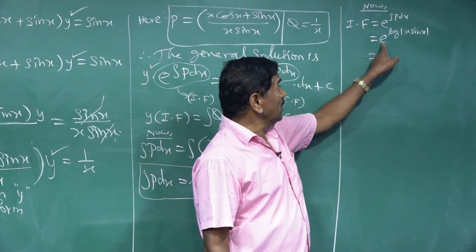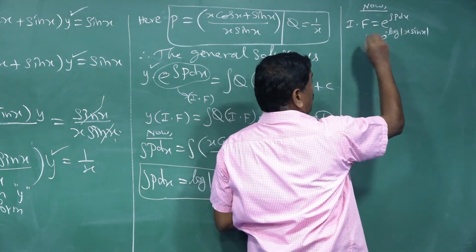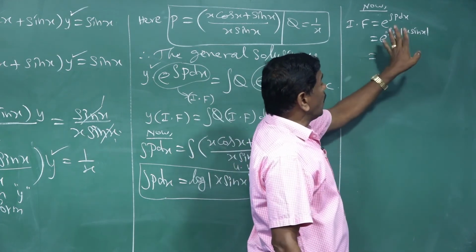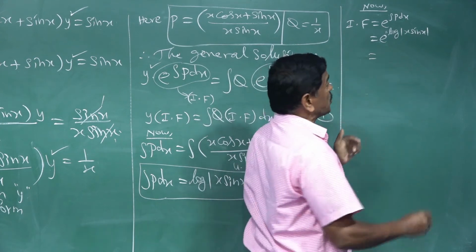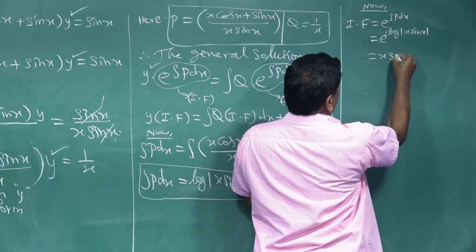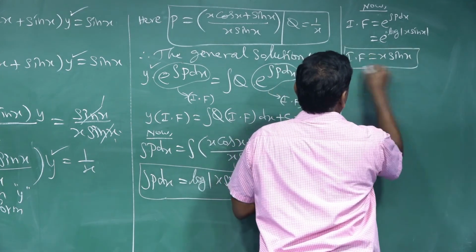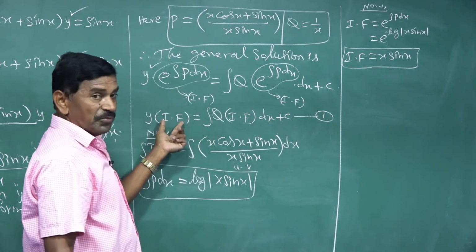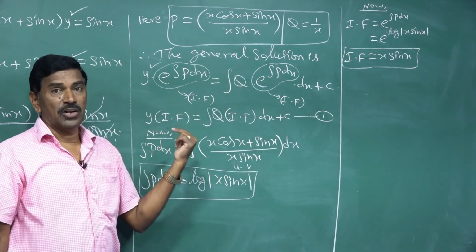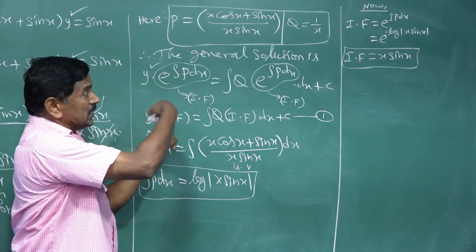Here the base is e and the power is log with coefficient 1, so e and the log cancel. Your answer is x sin x, and the modulus always gives a positive value. Therefore, the integrating factor is equal to x into sin x. This integrating factor is ready. Now substitute the integrating factor answer in the first equation. So y into the integrating factor, x sin x,